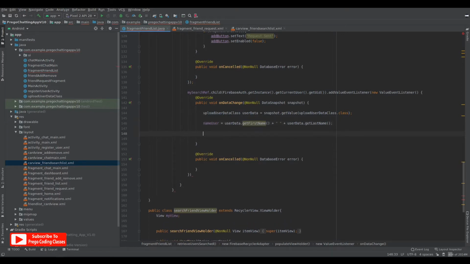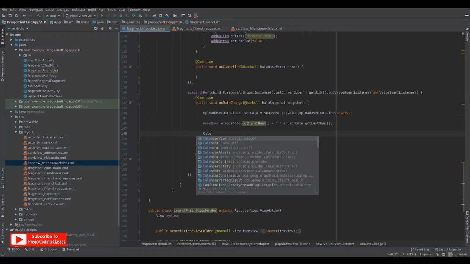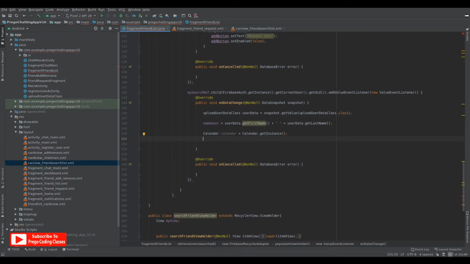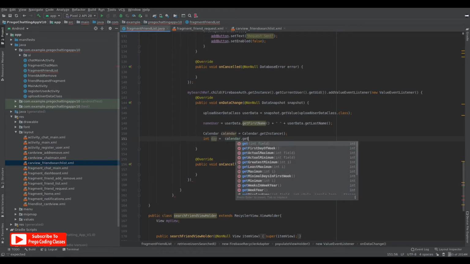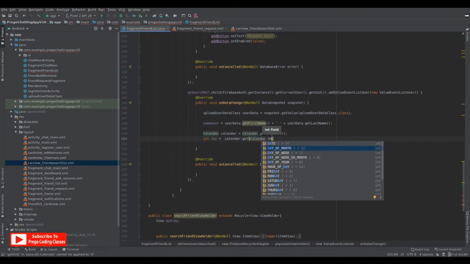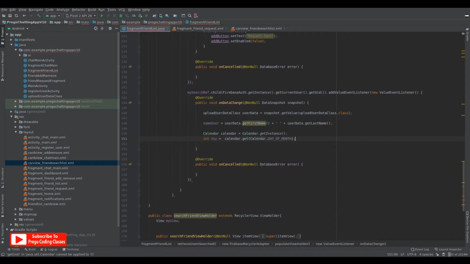We also need to show when the add request was sent, so we need to use the calendar. Let's name it calendar, equal to calendar dot get instance, and underneath we'll define the day, the month, and the year. Day would be calendar dot get, and within brackets calendar dot day of month, and give a semicolon.